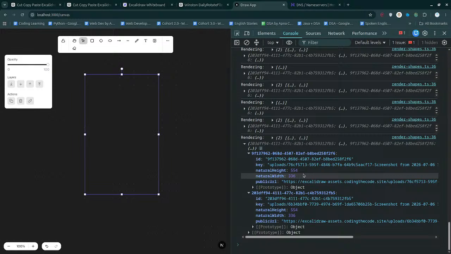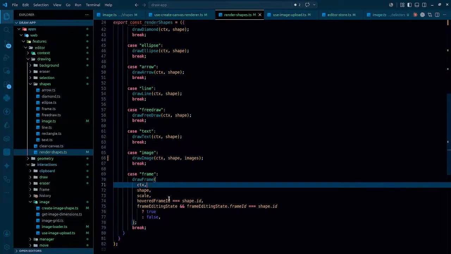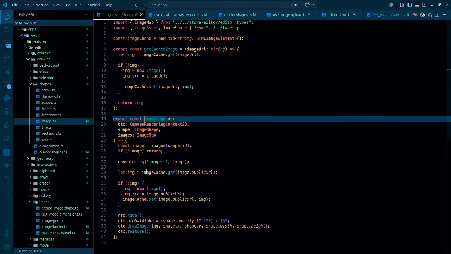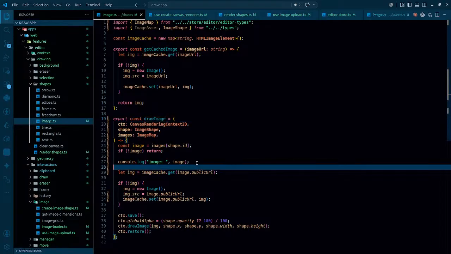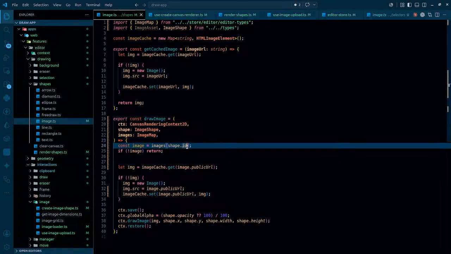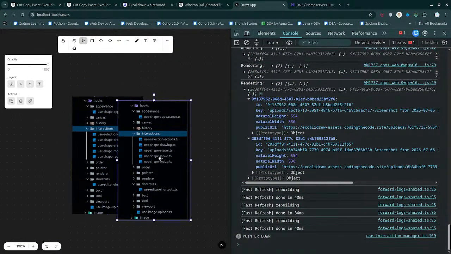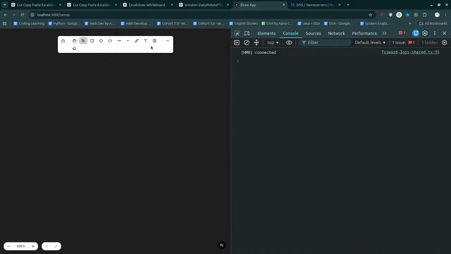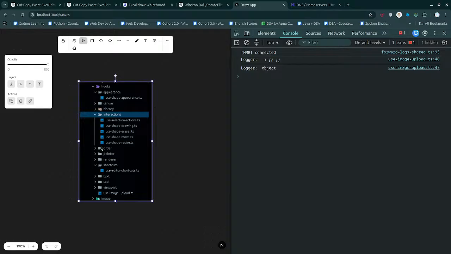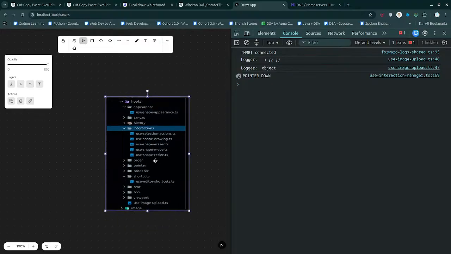That simply means we definitely have the public URL. When we actually have the public URL, that simply means images shape.id, it should be shape.imageID. Am I crazy? Now let's check this thing out. Here it is. We actually have many. Now it appears we are able to resize it and all, so that's good. We are able to do all these things,